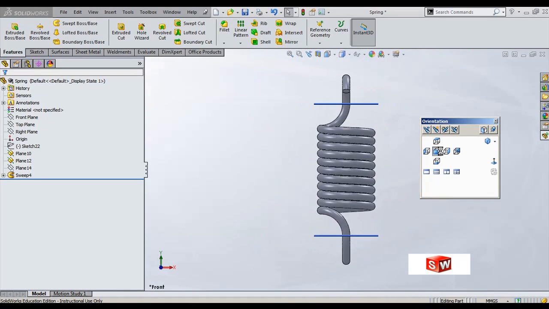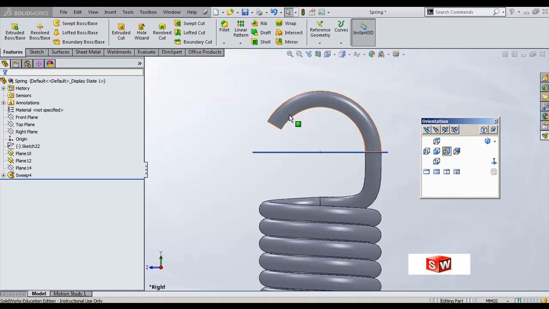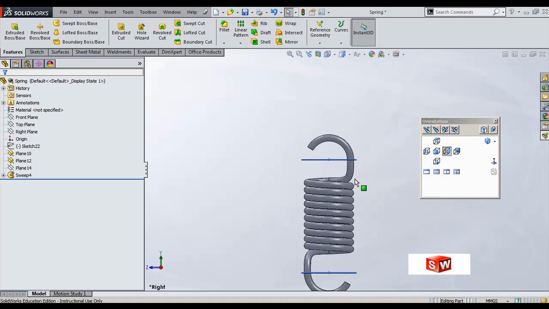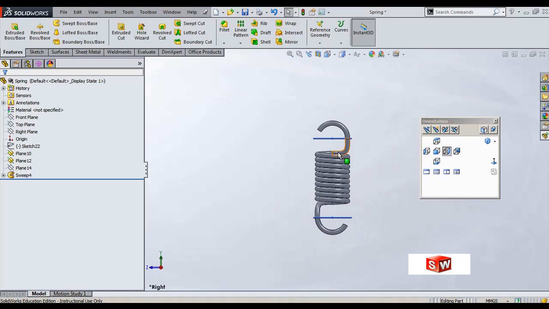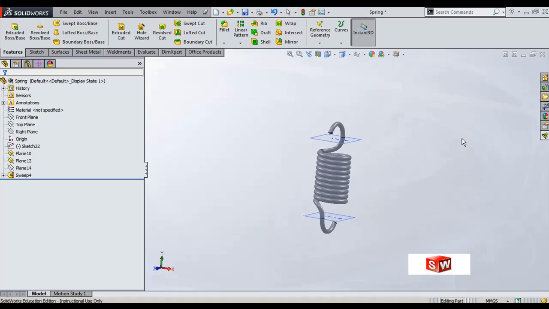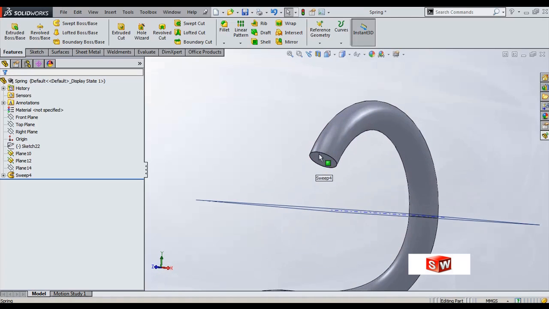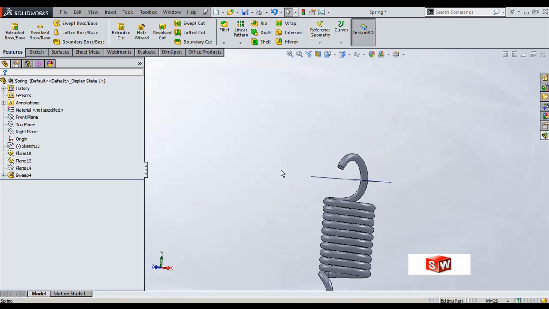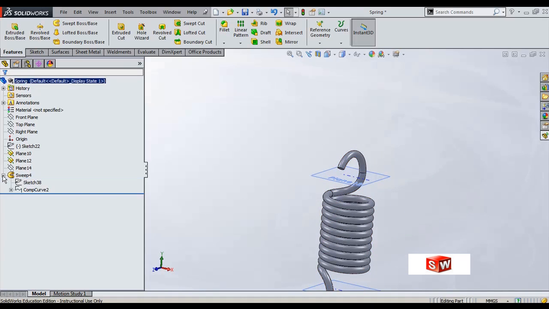Here you can see this. It doesn't require any 3D arc. It is a normal arc you can draw here. Similarly on the bottom face you draw another arc and the entire thing will be connected, and once you finish this you draw a circle on this end of the curve, and the whole curve is connected using a command called